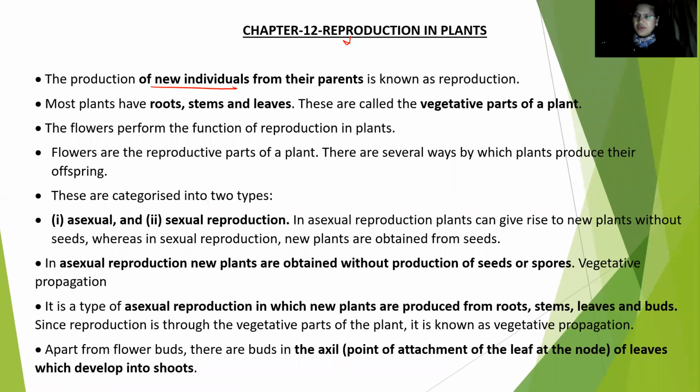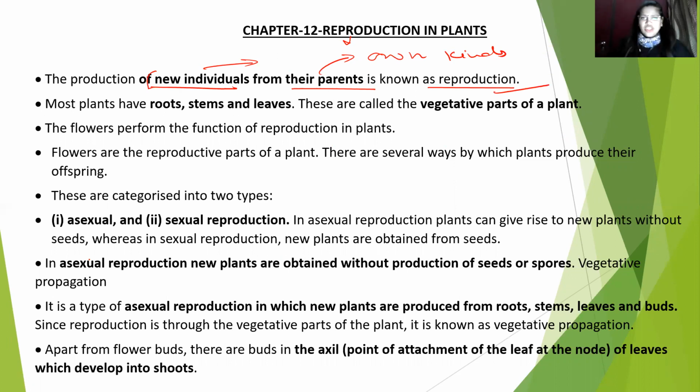Rajasthan. Reproduction is defined as when new individuals are produced from the parents. Or in simple words, we can say when the parents give birth to a new individual of their own kind, it is known as reproduction. In plants, reproduction can take place by two methods, called asexual reproduction and